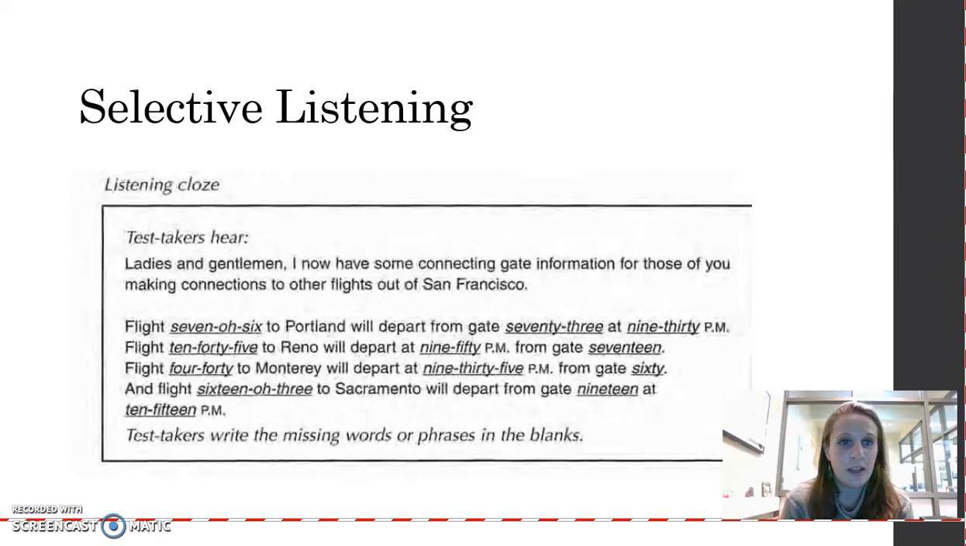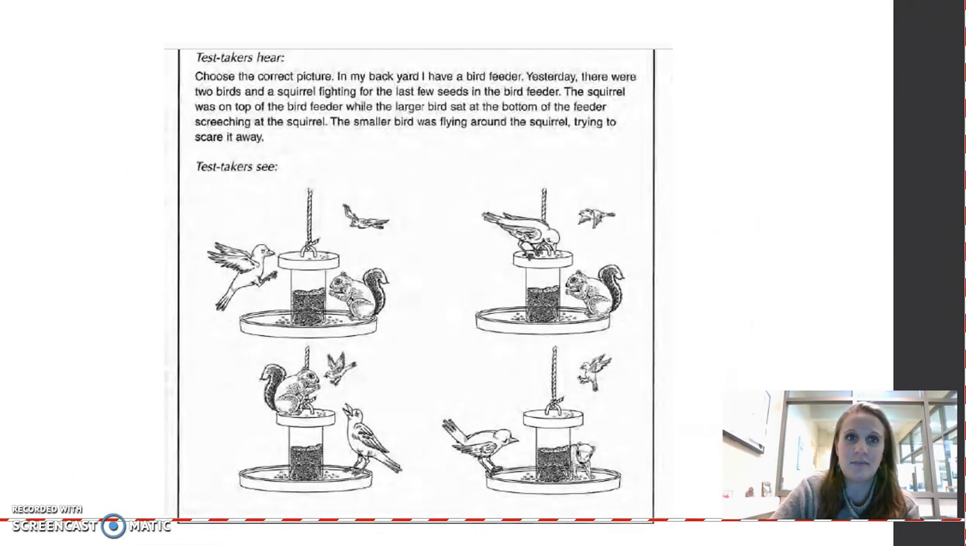The ones that are blank is where they are going to have to write the missing words or phrases, so your traditional listen and fill in the blank. Here clearly the emphasis is on numbers. That's selective listening. Another example here, and I don't think I see enough of this, the test takers hear: